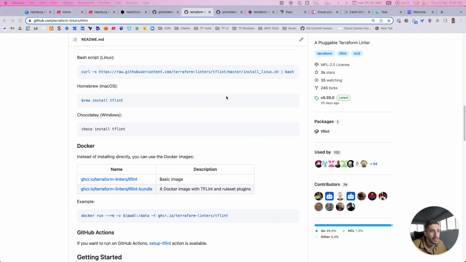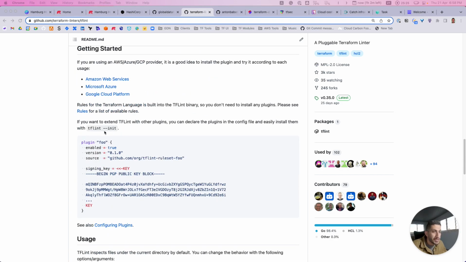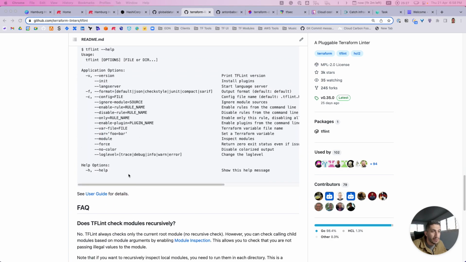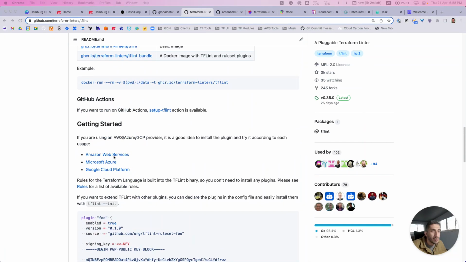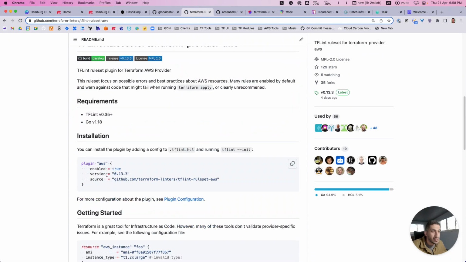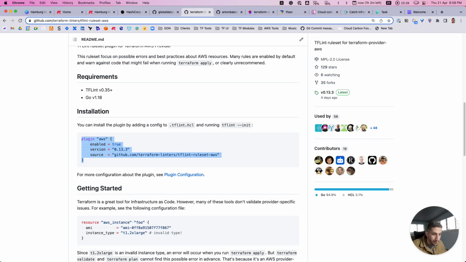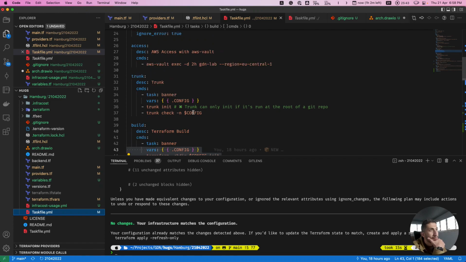So TFLint, and if you read the README, there is a bunch of stuff. Okay, I need to learn about HashiCorp, Amazon plugins, there is a rule set, I need to do this, I need to do that. So again, that's why we are using the task file. You shouldn't worry about this.